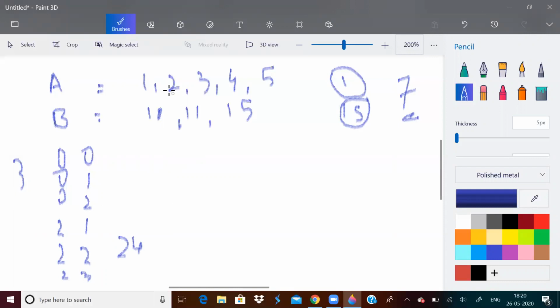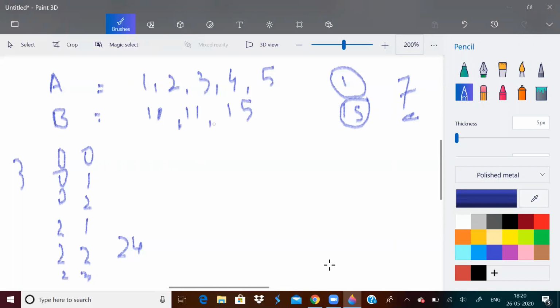So what did I do? Finally, I just found the minimum element in array A, the maximum element in array B, the index of the minimum element in array A, and the index of the maximum element in array B. I printed all the indices of array B along with the index of the minimum element of array A. And then I printed all the indices of array A except the minimum index with the maximum element index of array B. So I told it a little fast, but I think you can pause the video, rewind, and see. I have tried to explain it to you.